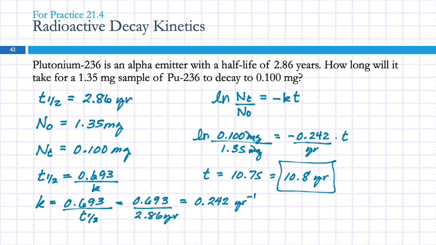Does that seem like a reasonable number? How could we even tell? Well, if I cut this in half, I'm going to get like 0.725 or something, right? And then I have to cut it in half again and cut it in half. I have to cut it in half more than once to get down to 0.1. So this is, I don't know, four-ish half-lives? So that seems reasonable. Any questions?